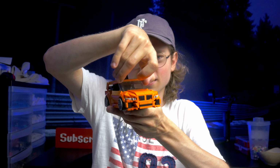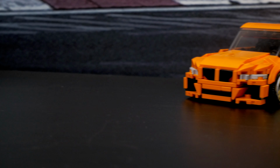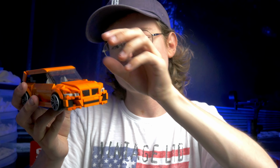It looks a bit like a hearse, I think it's called in English, a likbil we say here in Sweden, because it looks a bit too narrow and a bit too long, this windscreen. But I want to try something else, and the biggest reason why I used this windscreen was because I intended to use these bar pieces that I many times use to create the A-pillars, but I didn't find any suitable bar pieces in orange, unfortunately, and I didn't find any alternative pieces that could have worked for this. So I ended up trying something else with this windscreen,